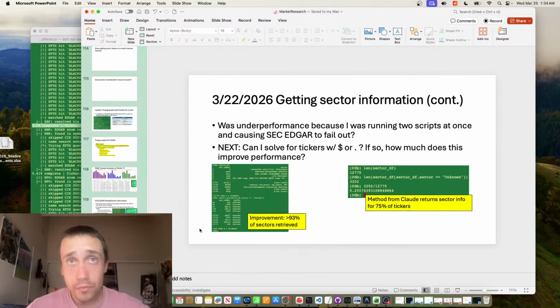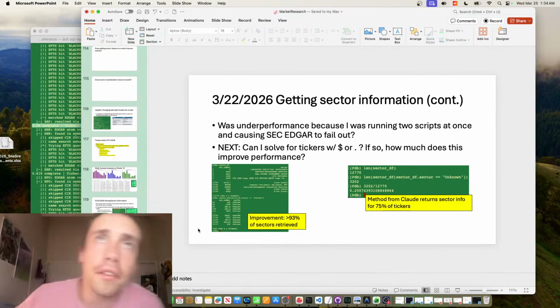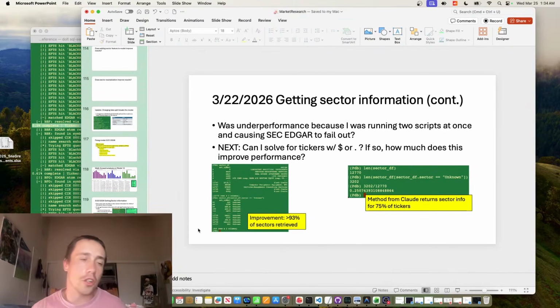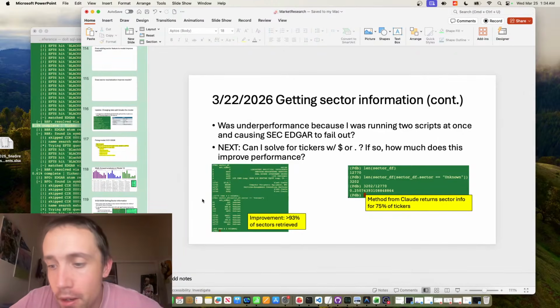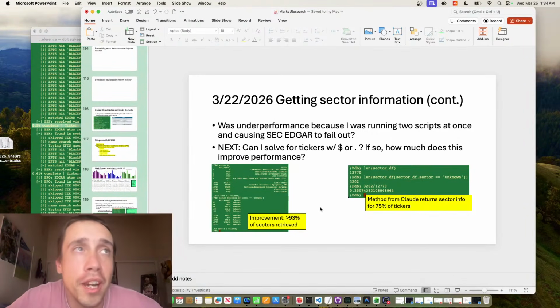But 97% still isn't all of them, so I have just under 13,000, 12,770 tickers in my data. And I'm only missing about 300 something sectors. So for those final 300 that are missing, I need to write the code to basically get the sector information for each of those. And currently, to answer your question, Paprika, I have two models.